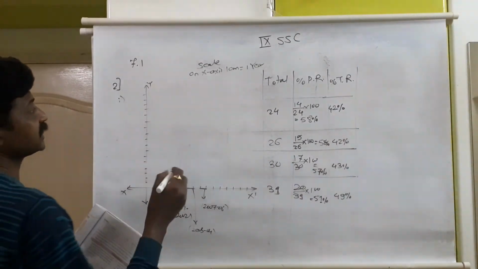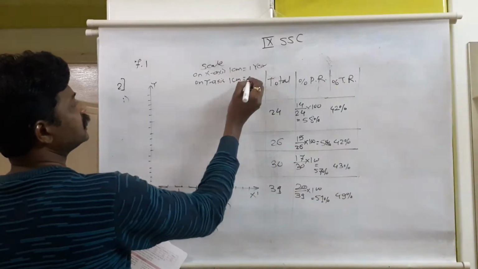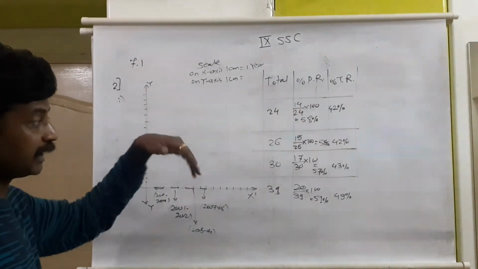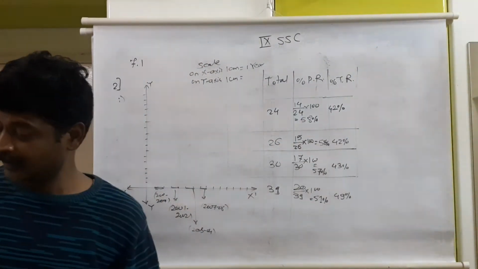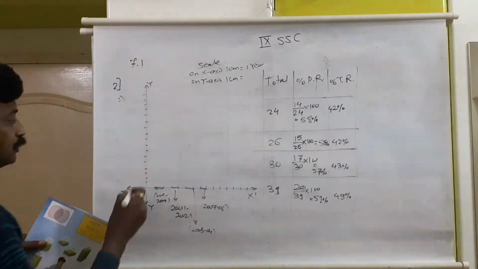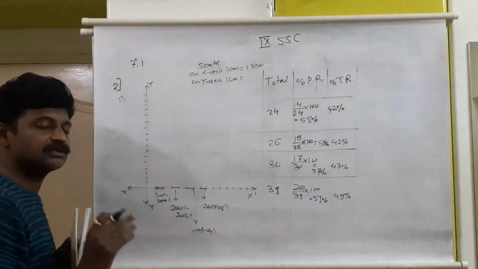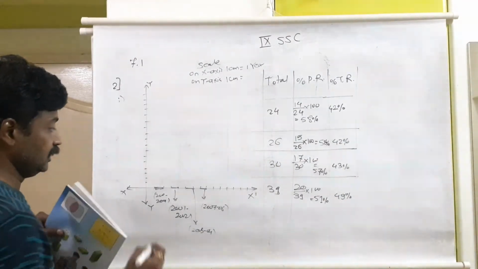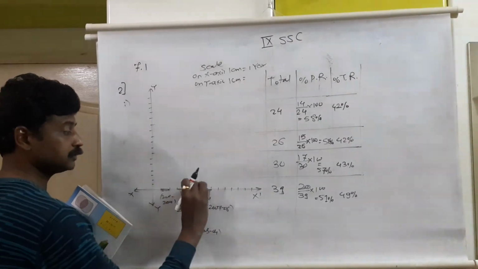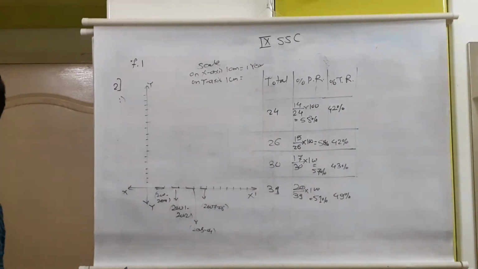Now, the scale on the y-axis: 1 centimeter is equal to how much? As we know, we are drawing a percentage bar graph, so the maximum we have is 100. It is okay to take every 1 centimeter equal to 10%. So 10 centimeters will be required, and it will cover the page properly. If we take 1 centimeter equal to 50%, it is also possible, but the graph will get covered in only these 2 centimeters. So it is small and the remaining full page will be empty. While looking at it, it will not look proper.